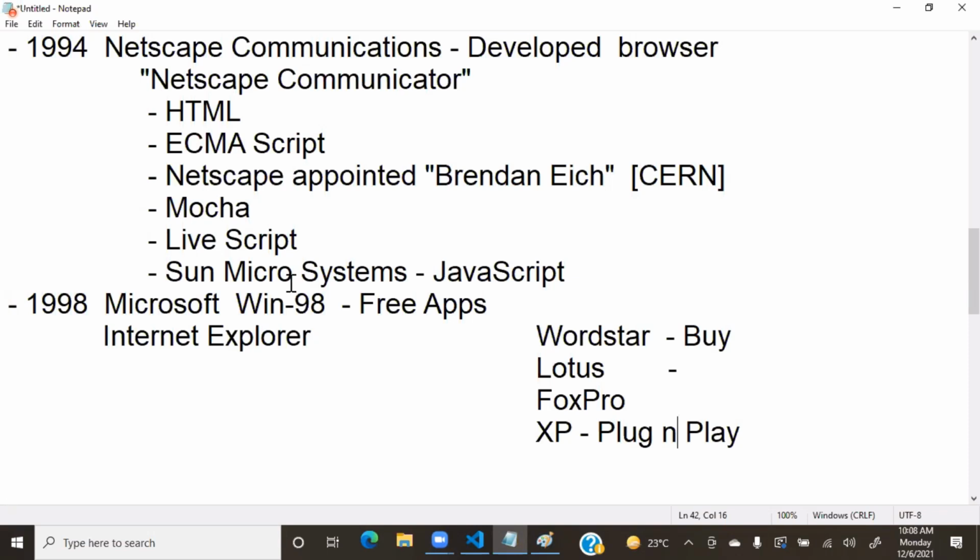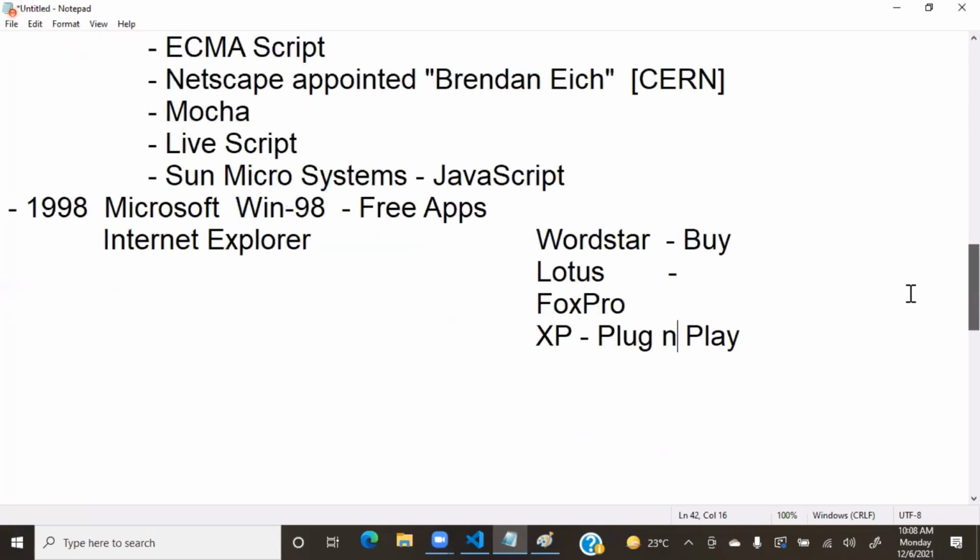At that time, the internet was trending and everybody wanted a free browser and a good graphical operating system. And Windows became a revolution there. Everybody started using Windows on their computer. So that is the point. Now what happened is, once they started in 1998, by the end of 2004,